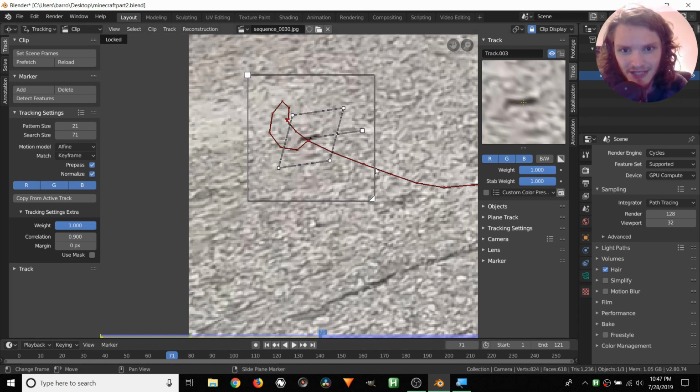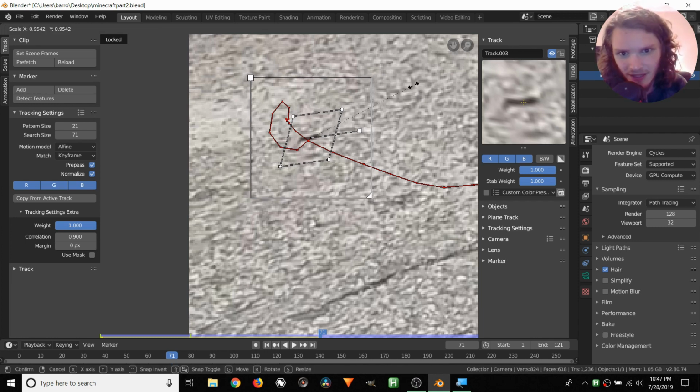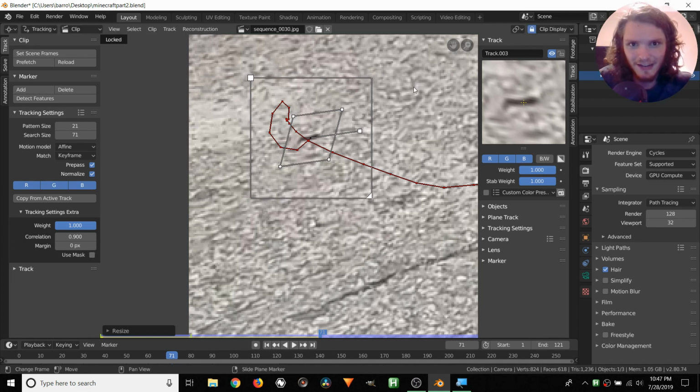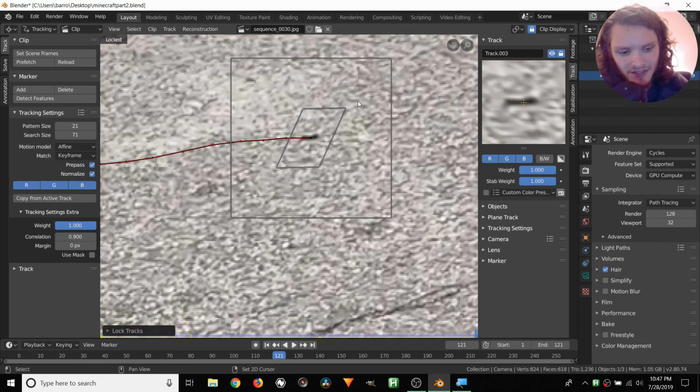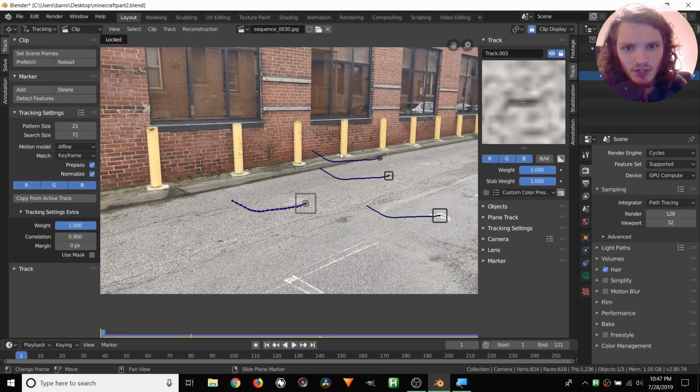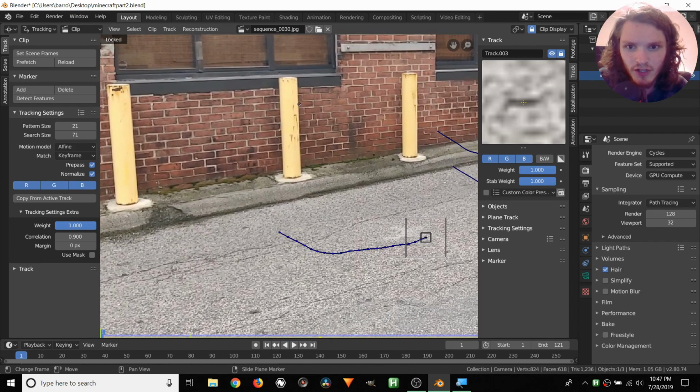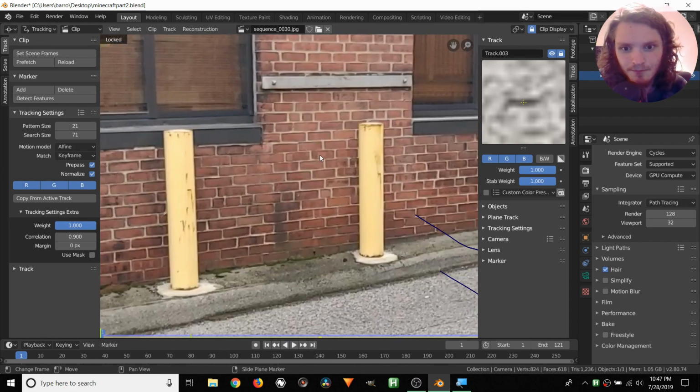So we can just add in a reference frame by just scaling down a little. So now it's using this pattern to match in the future. So this is a new reference point. And we can also bring up our search box just in case it wasn't big enough. Control T. Perfect, so that's done. And now let's try to go for some things with different elevation. So you could do these poles over here. Obviously, you can do the brick wall.